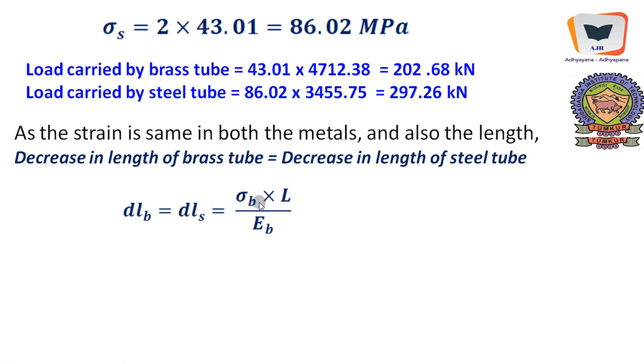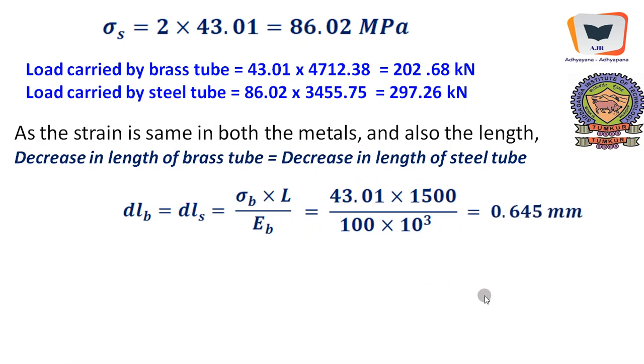P by A is replaced by sigma B. That's all. PB by AB is replaced by sigma B. So sigma B into L over EB, and upon substitution of the appropriate values befitting these notations, we will get the change in length of both the brass tube as well as the steel tube to be 0.645